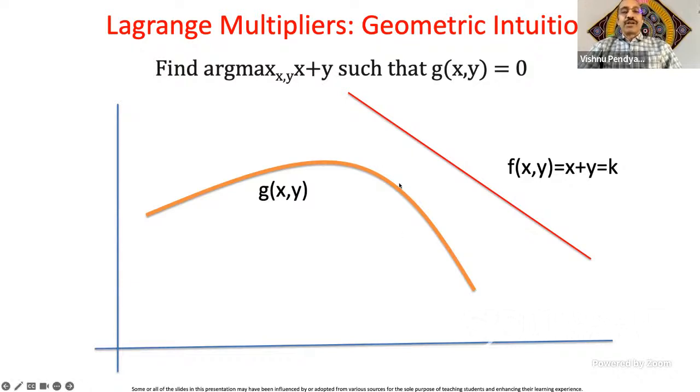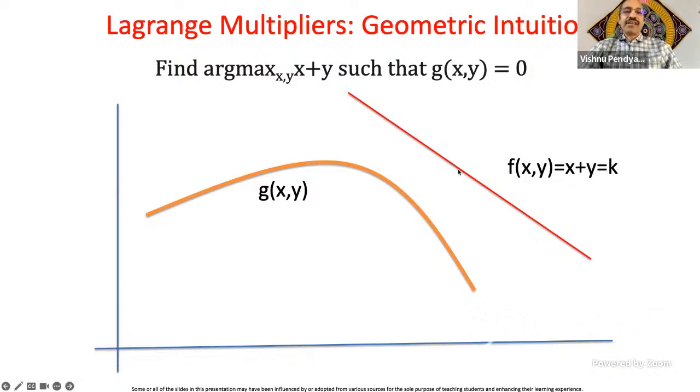So how do we do that? What is the intuition? How do we simplify this? We can vary k. That is the purpose. We want to maximize x plus y such that g of x comma y is satisfied. So that means the point should obviously lie on g of x comma y. The point for which x plus y is maximum, such that g of x comma y is equal to 0, should lie on the constraint g of x comma y and also on the straight line x plus y is equal to k. So when does this happen?